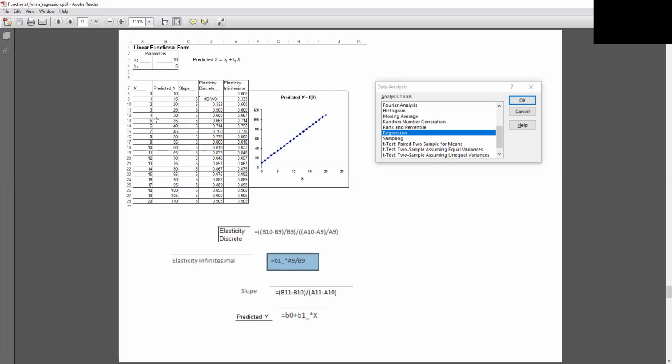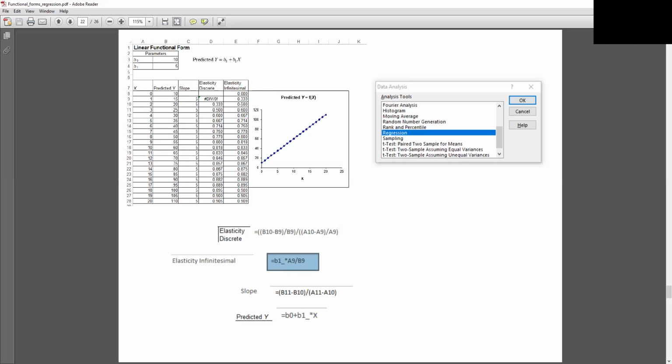Apart from that, we should also estimate slope, elasticity discrete, and elasticity infinitesimal. This elasticity infinitesimal is nothing but your point elasticity. So we know what slope is: additional change in Y over additional change in X. We know what elasticity is. It is nothing but percentage change in Y over percentage change in X. So we are clear about all the concepts. Now, what is this one? Point elasticity is nothing but